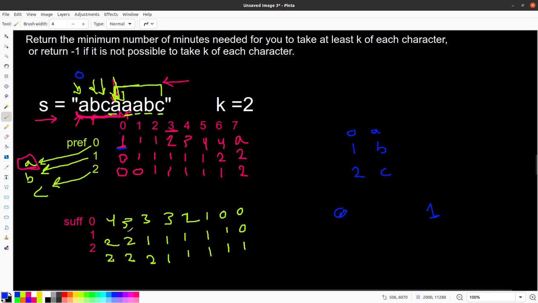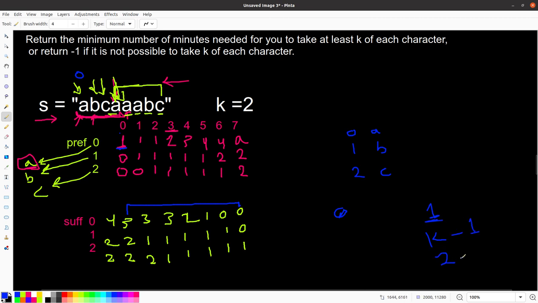So we need to search on this segment in the suffix to see if it has values for A